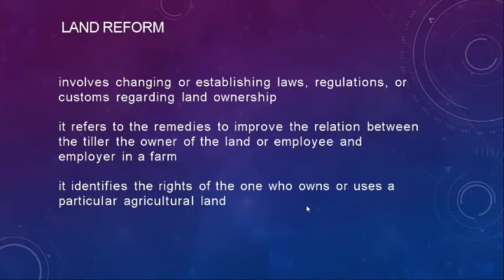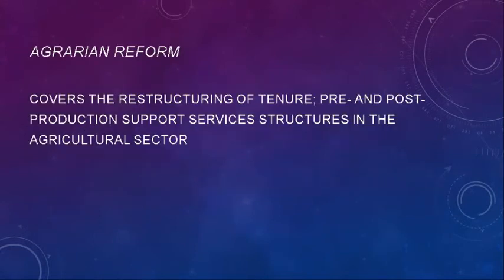It identifies the rights of the one who owns or uses a particular agricultural land. As I've said, land reform is often used interchangeably with agrarian reform, but agrarian reform is much broader. Agrarian reform covers the restructuring of tenure and the pre and post production support services structures in the agricultural